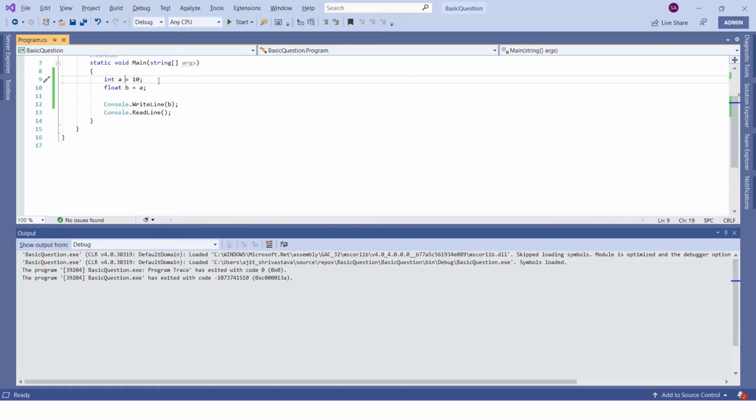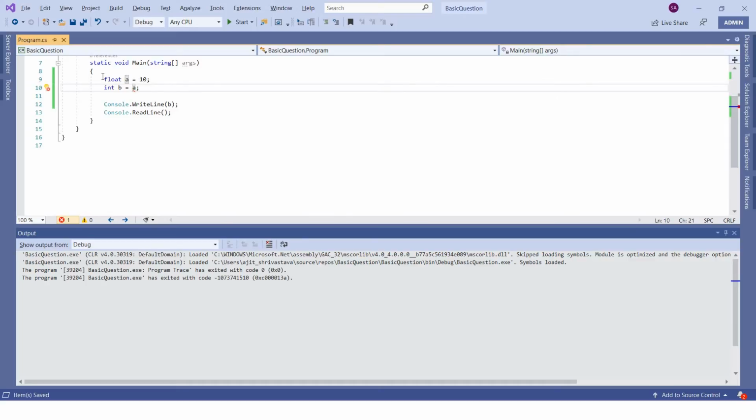Let's take another example. Let me convert this to float and b to int. As and when I do that, it will start flagging an error, because if I store a float value into an integer variable, there is a chance you will lose whatever values are after the dot. So the compiler will flag that you cannot convert a float value to an integer value implicitly, but you can always achieve this by calling it out explicitly.